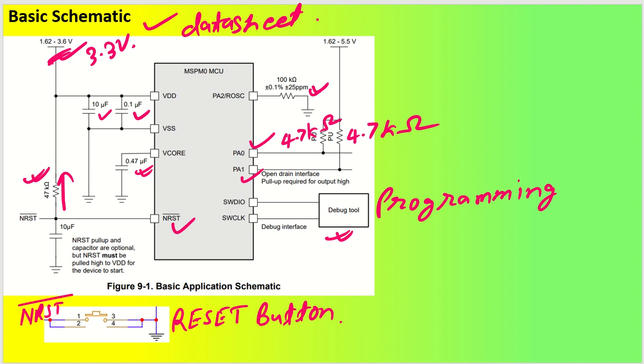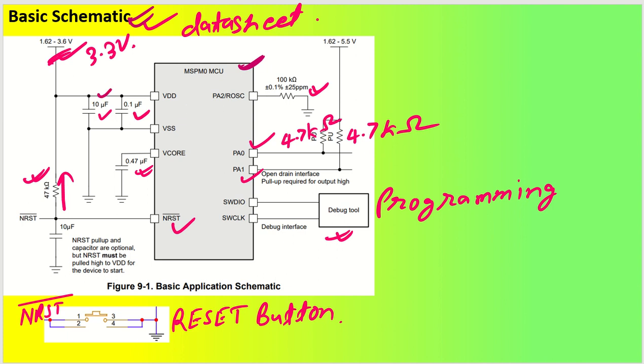So if you see the basic schematic diagram, this is the diagram that is given in the data sheet as well, and all the power pins, open drain pins and high voltage tolerance pins are shown here directly. So at the VDD pin, you directly connect VDD's power supply, which is going to be 3.3 volt for us, and there will be ceramic capacitors of 10 microfarad and 0.1 microfarad.